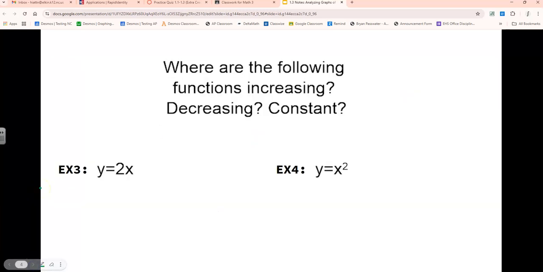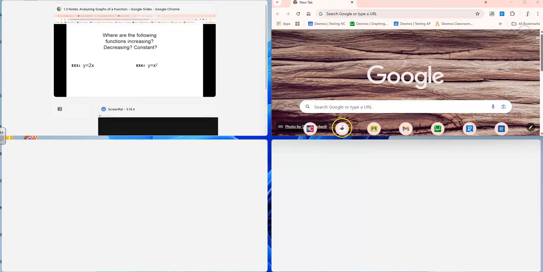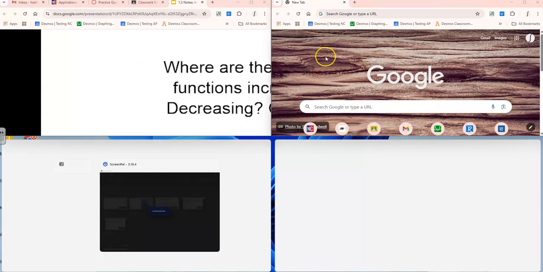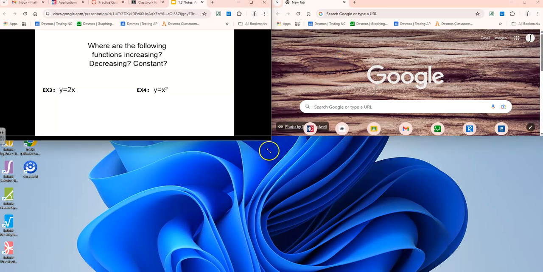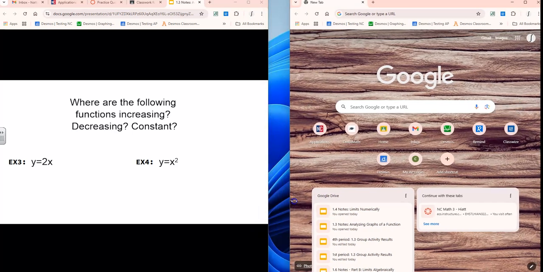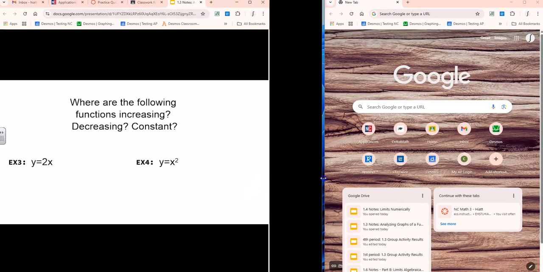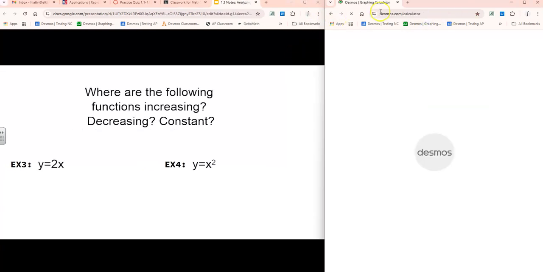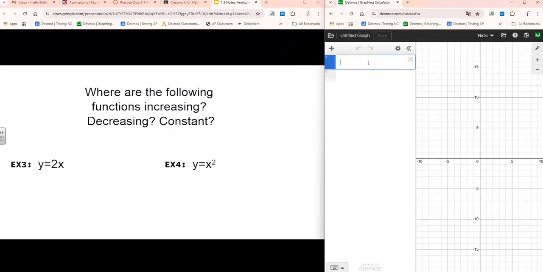All right, let's look at using Desmos for this. If you've got your computer up there and want to graph it on your own, that'd be lovely. I still have a Desmos pulled up. I want to make both of these bigger. All right, so if I graph this first one,